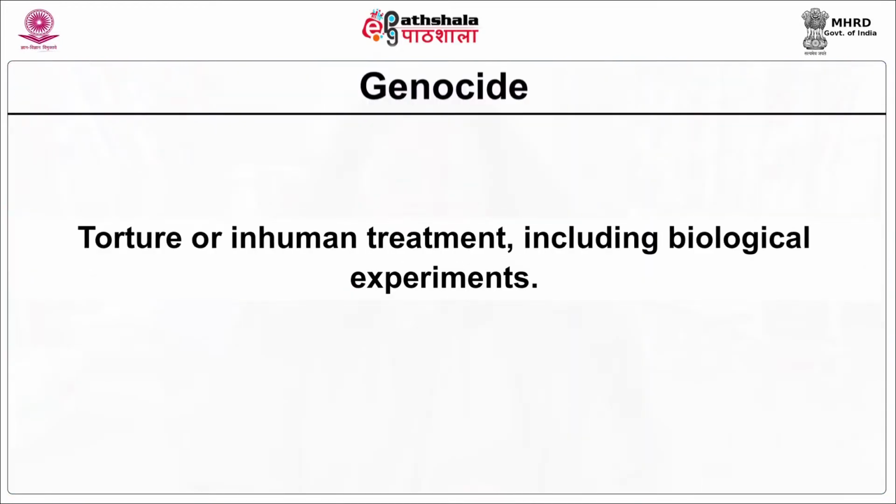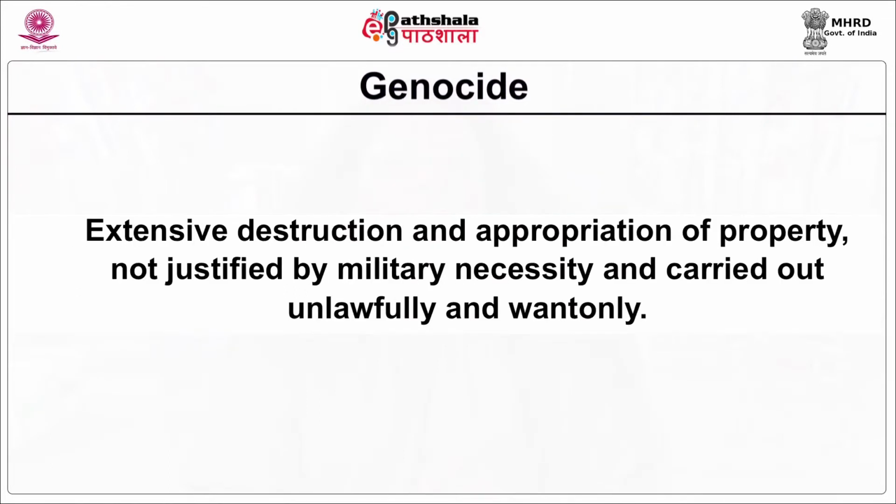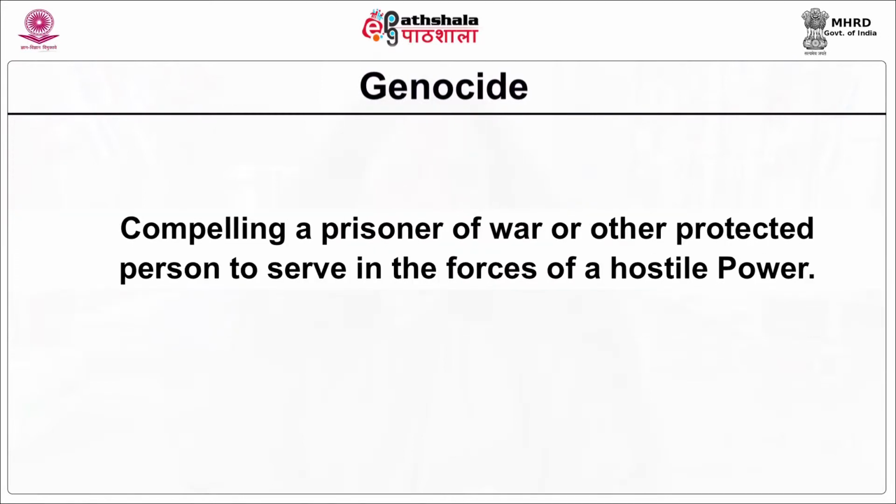According to Article 8, Clause 2 of the Rome Statute, war crimes mean: 1. Willful killing, 2. Torture or inhuman treatment, including biological experiments, 3. Willfully causing great suffering or serious injury to body or health, extensive destruction and appropriation of property not justified by military necessity, and carried out unlawfully and wantonly, compelling a prisoner of war or other protected persons to serve in